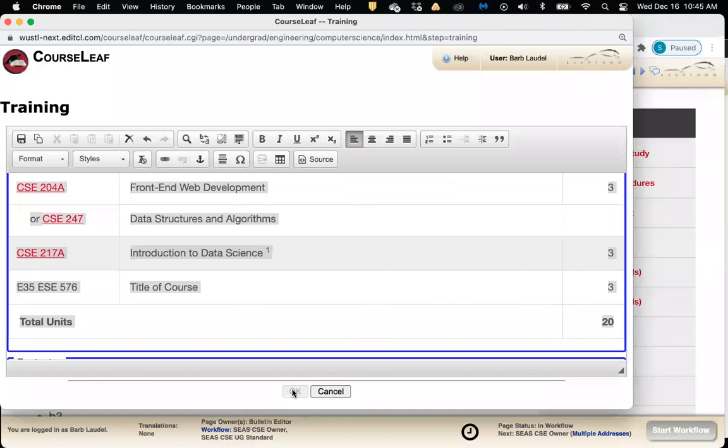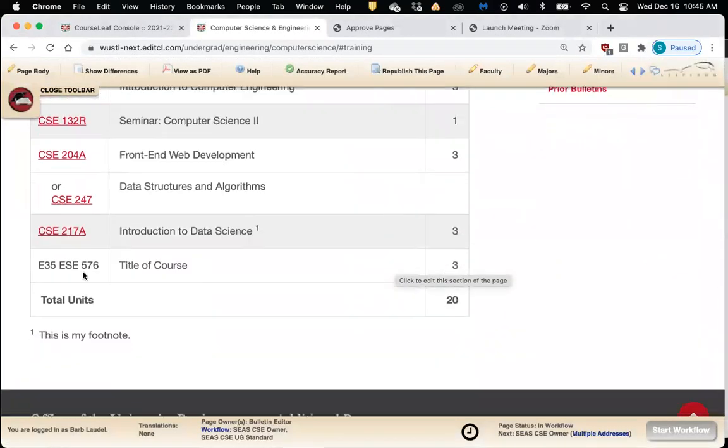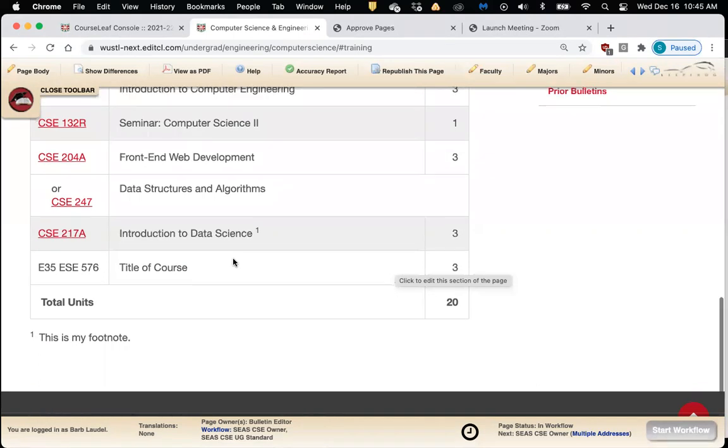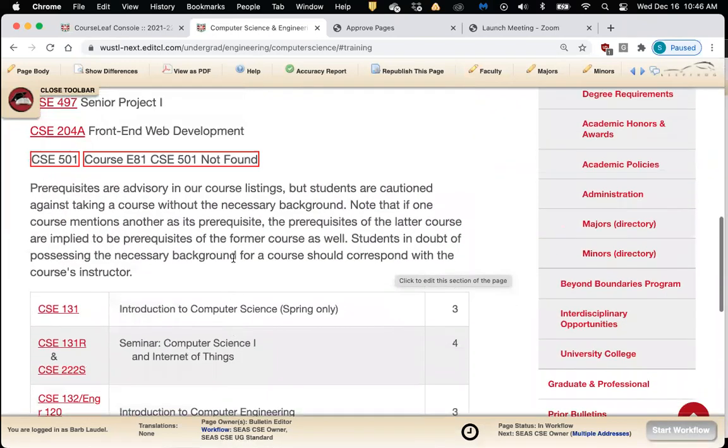All right, so when we click OK again to actually see what this looks like in the user view, you'll see that this is what the course code looks like, the title and the units. And obviously once that new course comes through in your system, we would expect that there would be a hyperlink. So that is how you would enter a new course that you might not be seeing appear right away in the dropdown. All right, so that's what you can do with a new course.